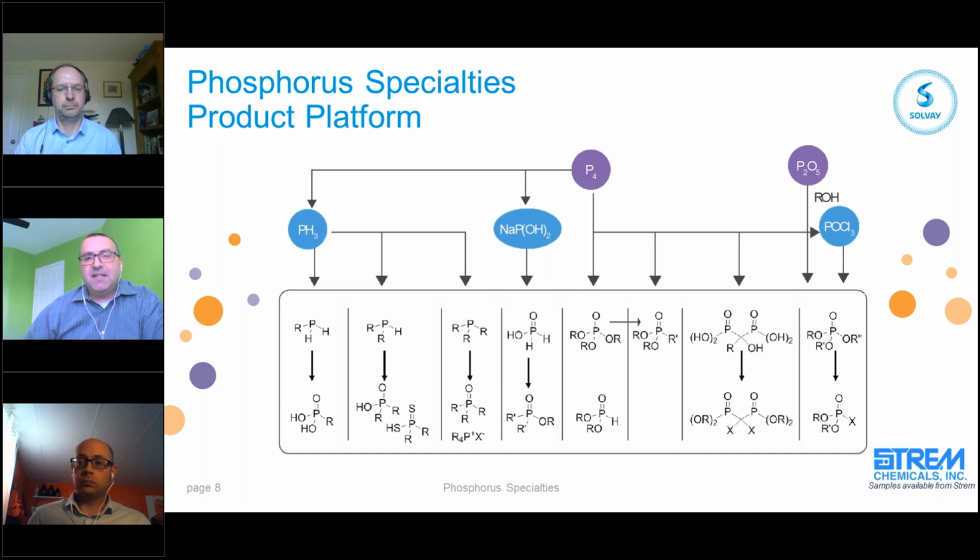directly below phosphine. We can derivatize those via oxidation or other chemistries to arrive at phosphonic or phosphinic acids, phosphine oxides, phosphonium salts, etc. Of course, we can also leverage the chemistry of sodium hypophosphite to arrive at things like phosphorus based acids, as well as phosphates and phosphonate esters and a range of other products, most of which you'll see in some of the examples we have today.